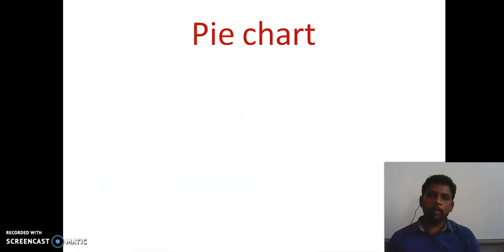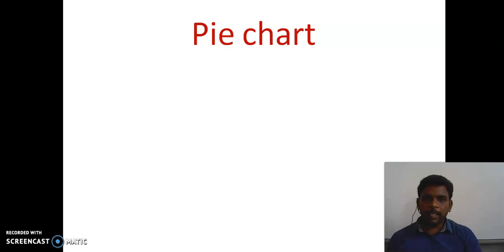Next we are going to know about the pie chart. A pie chart is nothing but a representation of the data inside a circle. So how can we represent data inside a circle? Before this we have seen 3 categories: pictorial graph, bar graph and double bar graph. In those we saw everything on the vertical axis and the horizontal axis, by means of the x-axis and y-axis, and we represented the data in the form of bars. Now we are going to represent data inside the circle, right?